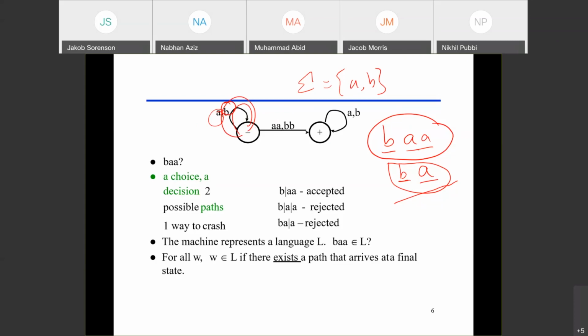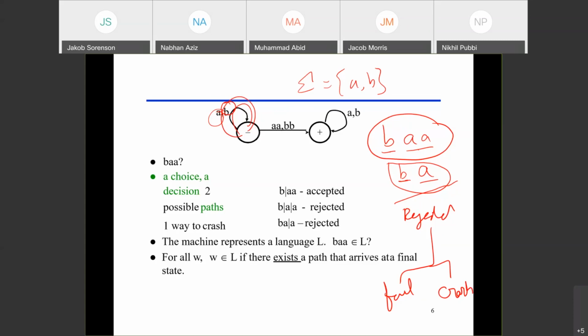So Nabhan, are you clear now why it is rejected? Yeah, I understand. That's great. So now my question for you, Nabhan: it is rejected, I understand, but you know that a rejection has two criteria. One is fail and one is crash. Is this crash or is this fail? It would be fail. Why is it fail? Because it is just staying at the initial state and not going to the final state.